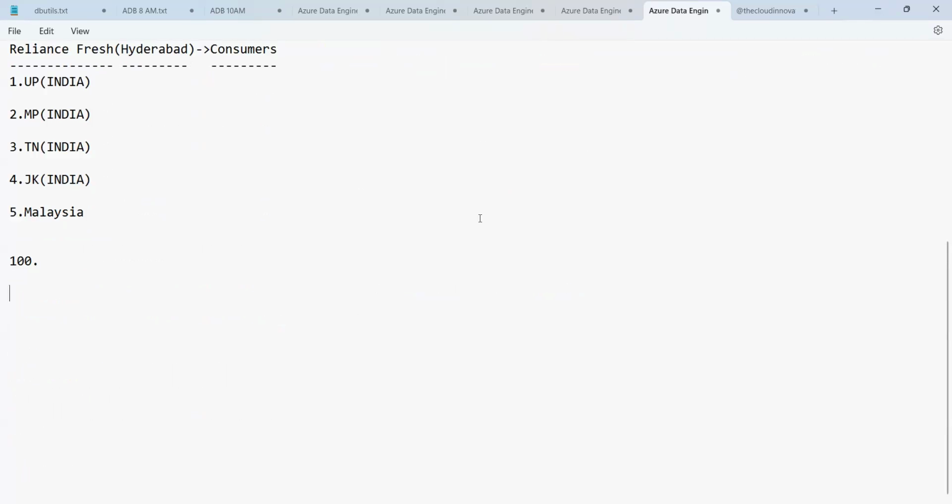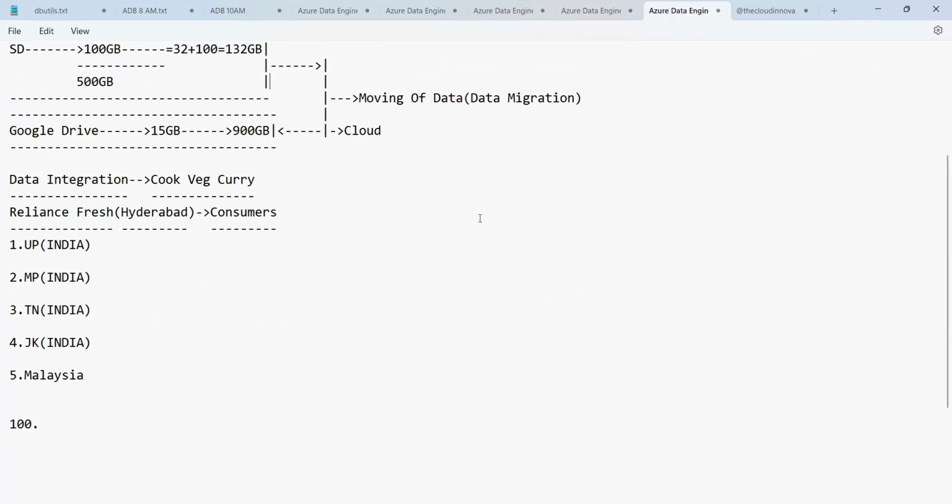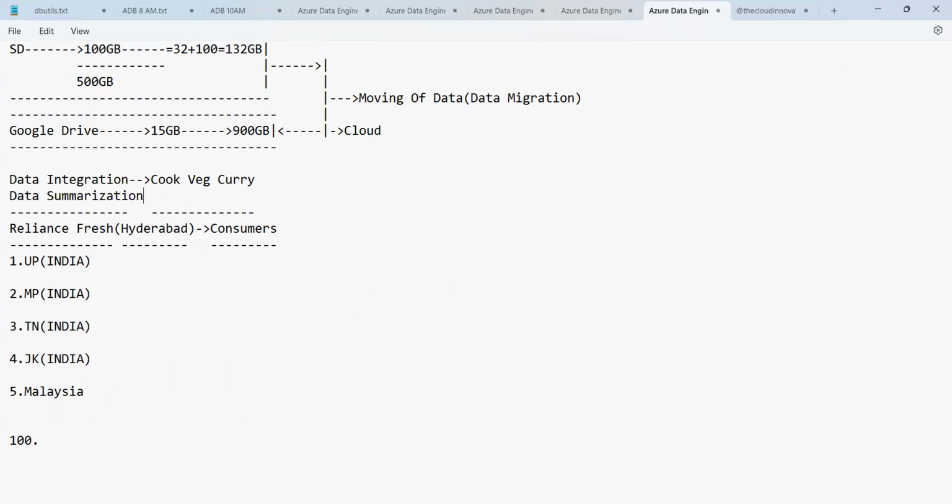The next step, I'll add it here only. So now, guys, after data integration, you have data summarization. So what do you mean by data summarization? Data summarization is nothing but